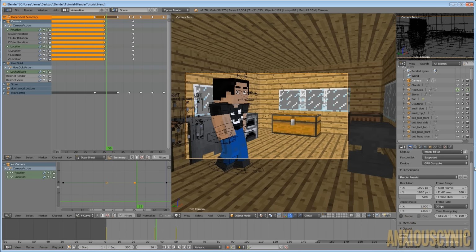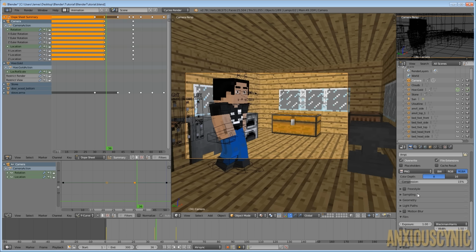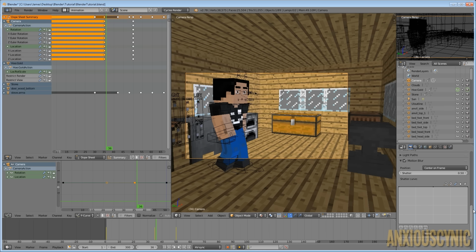Let's see if we can simulate it real quick. We're going to have to render a frame out. So I'm going to go down here on our render tab, the little camera there. And you have this option here, which is motion blur, and I'm going to tick that. There's a couple of different ways to do this, which we'll go over, probably spilling over into the next part of this series. But we're just going to use this one for now.